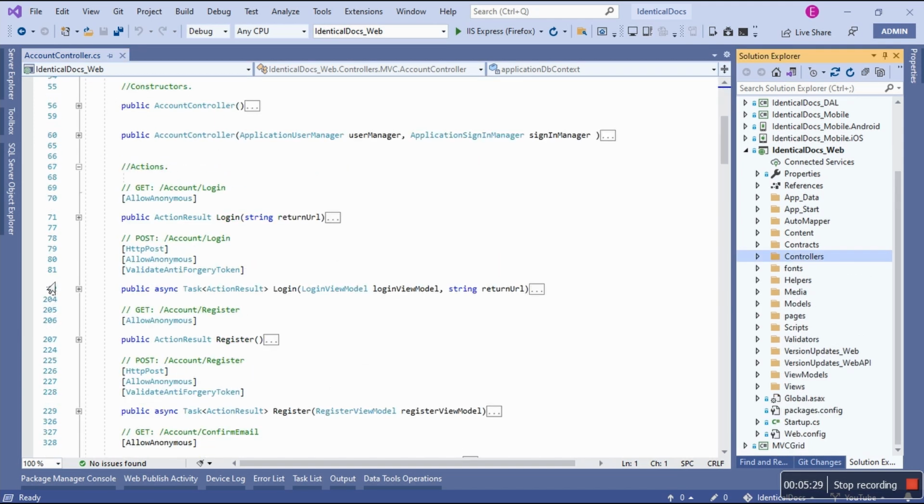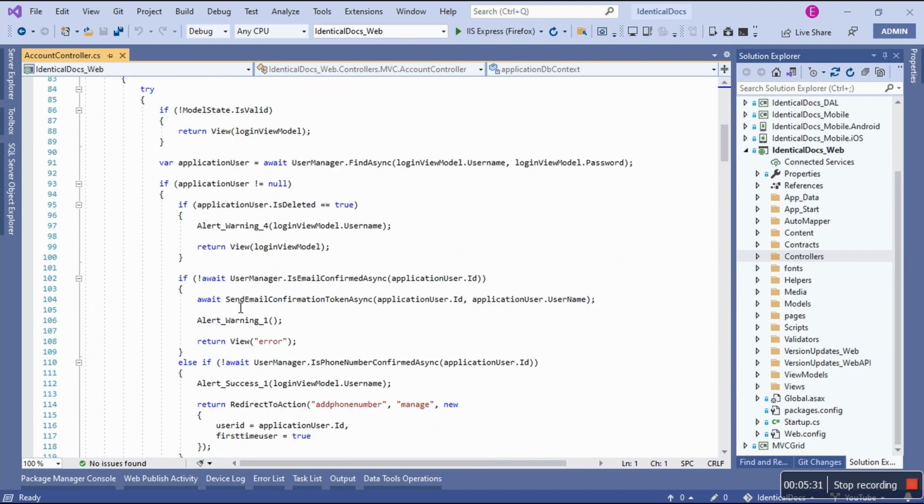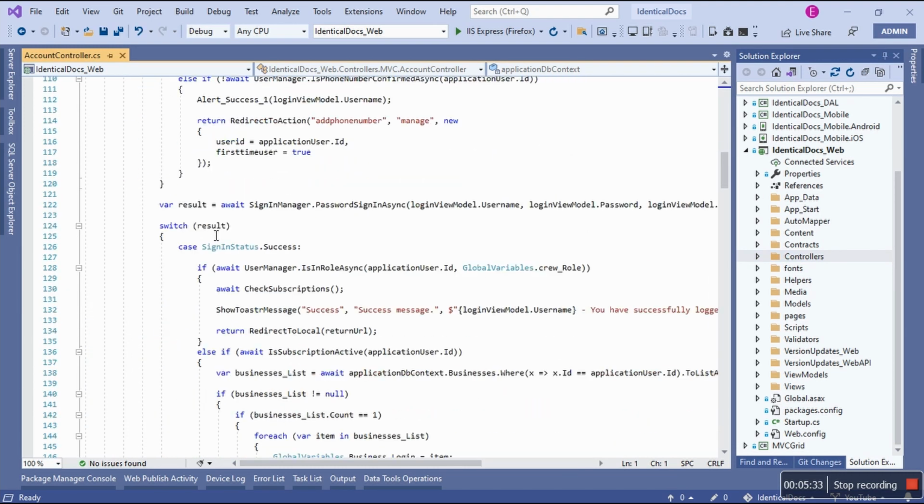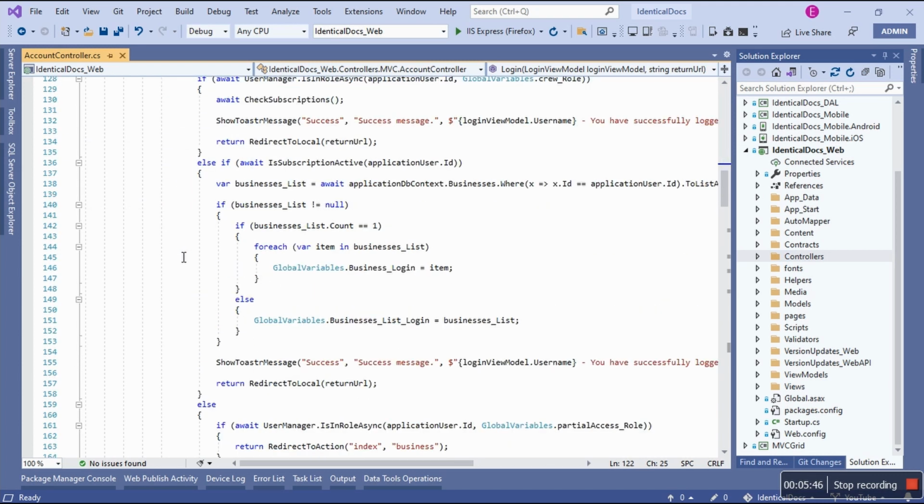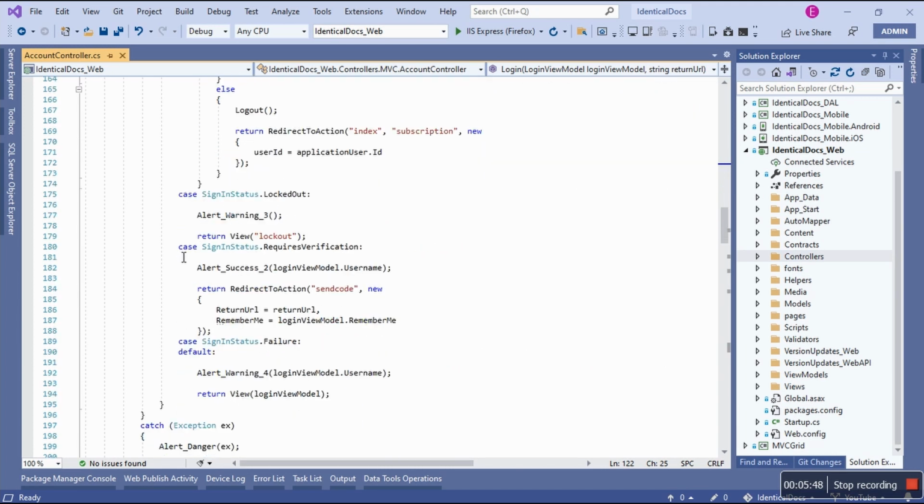So when we log in, I'm just going to skip this part because we did this part. I just want the part where the username and the password are now being authenticated. We're going to check if it is successful. Yes, we have the switch statement. So if it's success, we're going to skip this part. We want the case where it